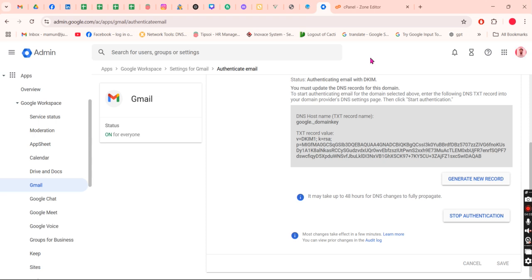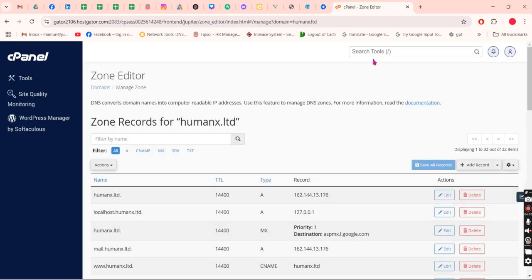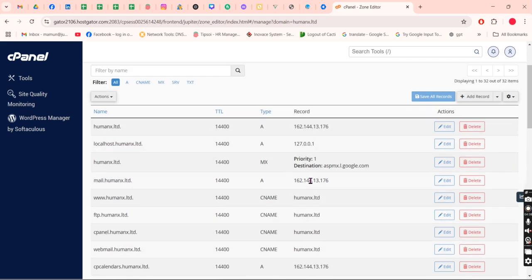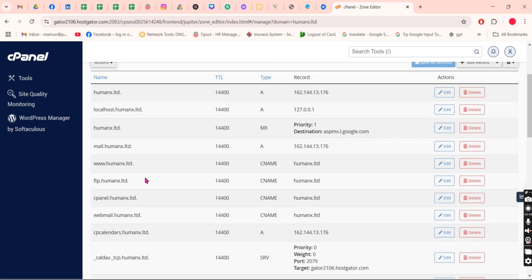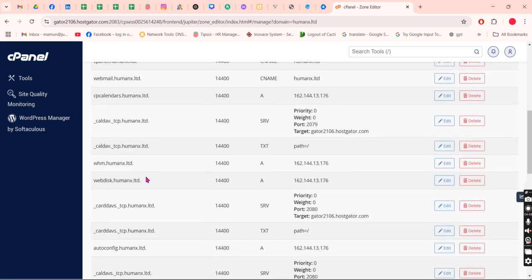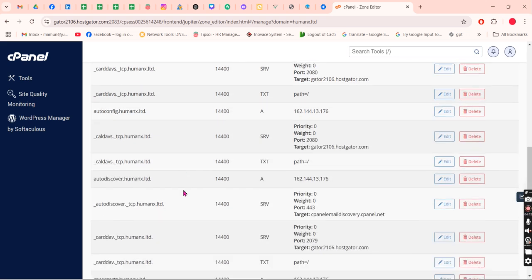So you can check your cPanel zone editor. The DMARC TXT record is updated. So already see all my records, DMARC or main record. So